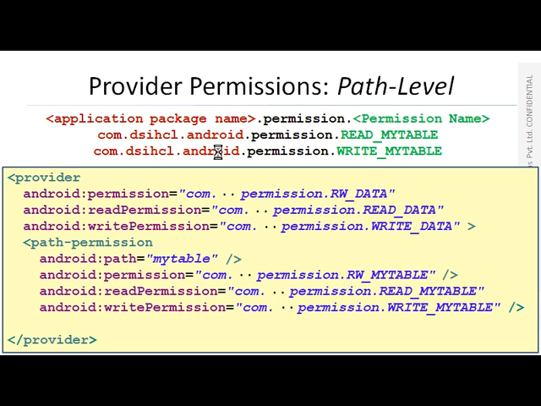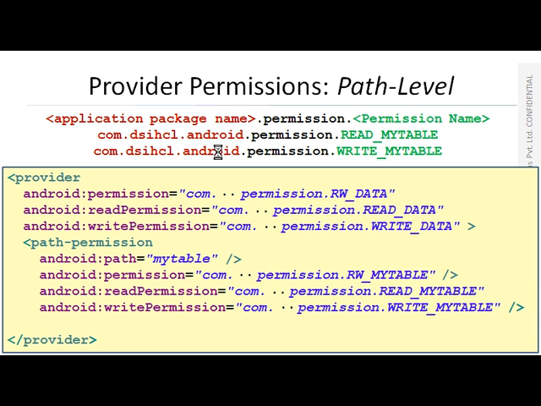Suppose you have a group of 5 files, and you are only going to share 3 files. You must specify the permissions for those 3 files, not each and every file. That is given as the path permission.